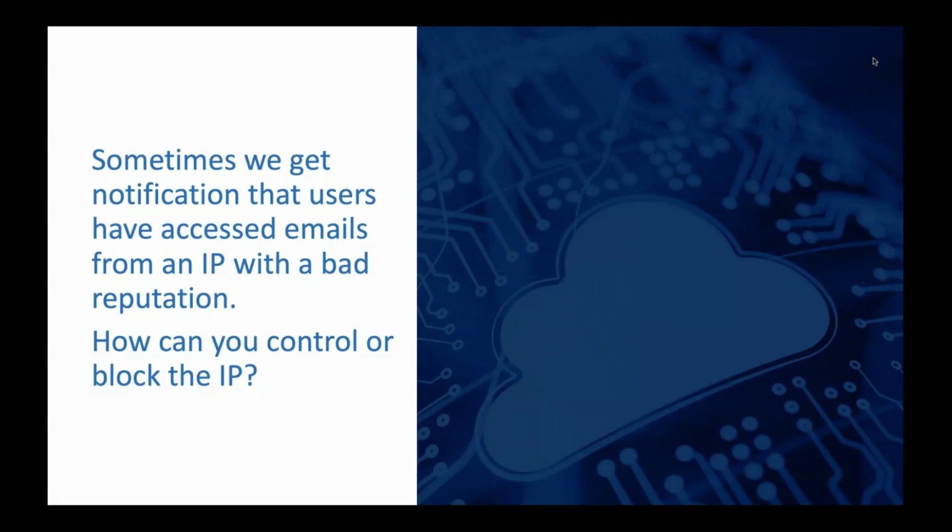And that's a perfect question to start with because it fundamentally goes with what we started with, which was protecting at the perimeter, at the edge, and controlling how end users actually interact with the Office 365 services. So, of course, what we're talking about here is notifications that come in probably from Cloud App Security that are coming back and saying, hey, Steve has suddenly logged in from an IP address that's